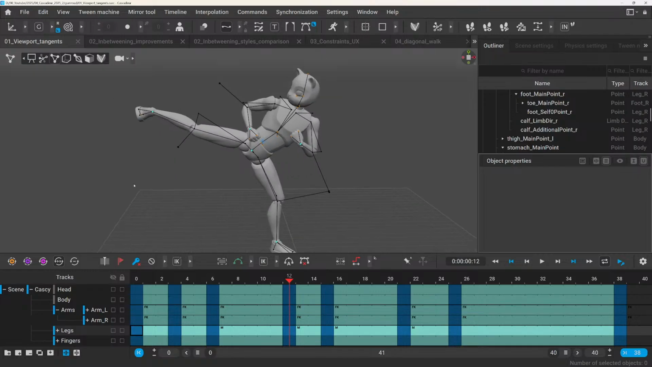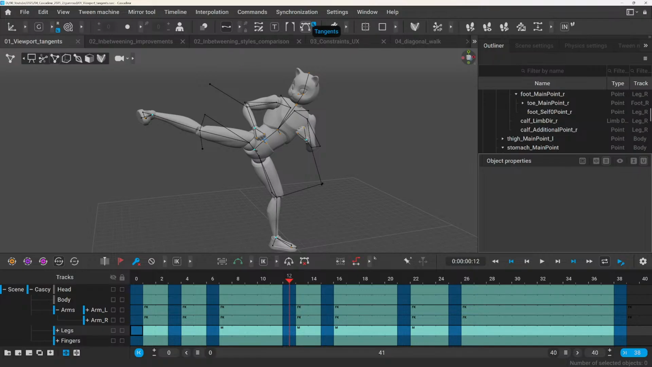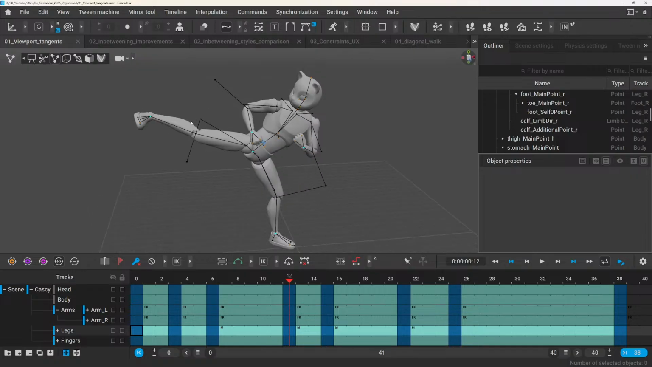So there are now tangents in the viewport, but currently it's only a beta version, I think, and it has a couple of limitations, but it's already really useful. I only tested it a little bit, but you can use it for impact frames that we will see here. So first of all, the limitations are: